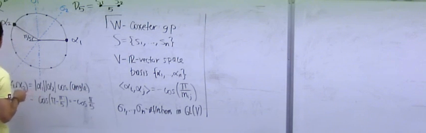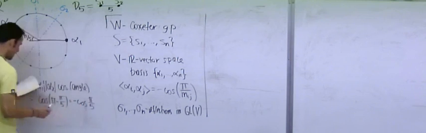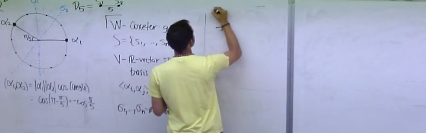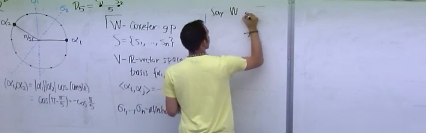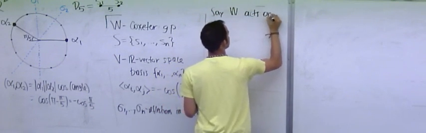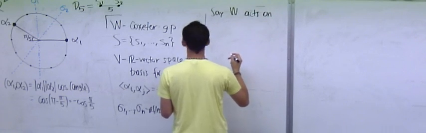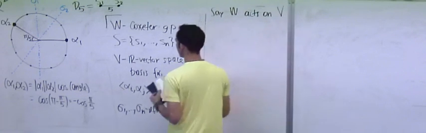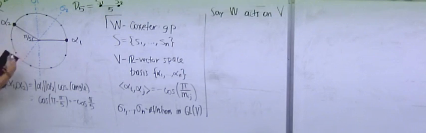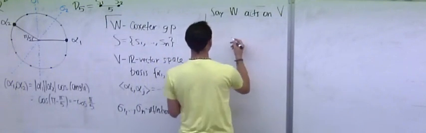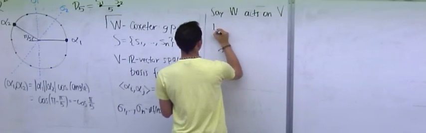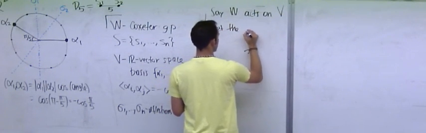Okay? So for example, we say W acts on V, meaning that each element of the group you can think of as being a linear action on V. Okay? And so I'm going to let it act on the roots, and I'm going to define the root system